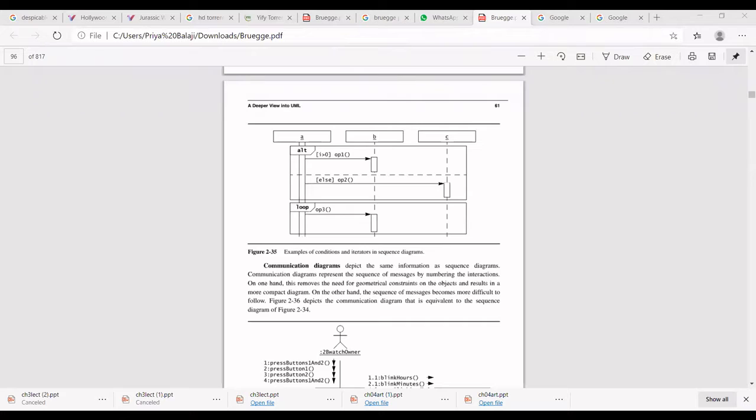So there, how many options are happening? Two options. One, if the amount is more in your account, you will get the withdrawal. If your amount is less in your account, you will get a message to enter a lesser amount. Am I right? So that is shown as your alternation here. This ALT is nothing but the alternate option. Whatever is given in the open and close square brackets is nothing but the condition. If I is greater than 0, option 1 will proceed. Else, option 2 will proceed. You understood the sequence diagram?